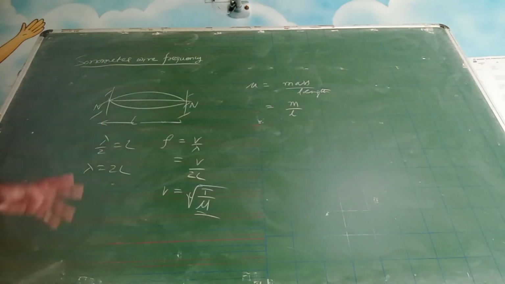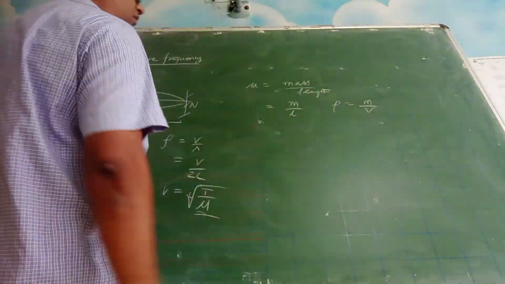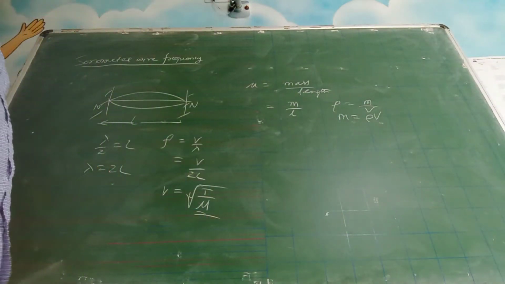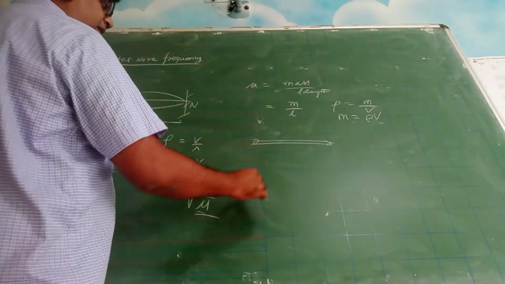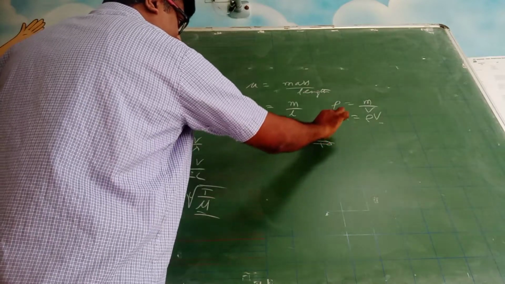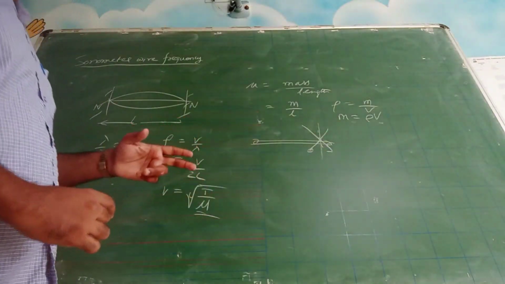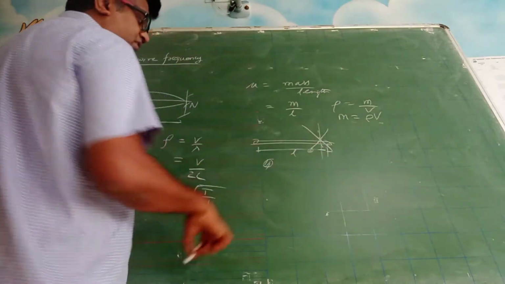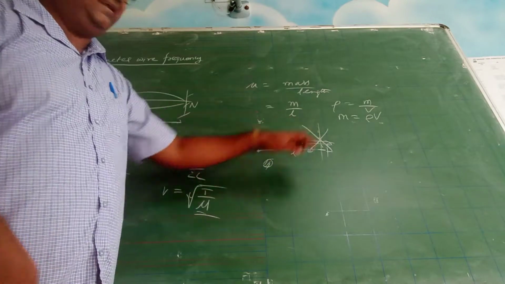Now let us try to bring in density into this. So density is equal to mass by volume. So mass is equal to density into volume, right? So if you take a thin wire and cut it, you will see a circle, right? This is the wire length and this is a circle. So how do you get the volume of the wire? Area of cross section multiplied by the length.